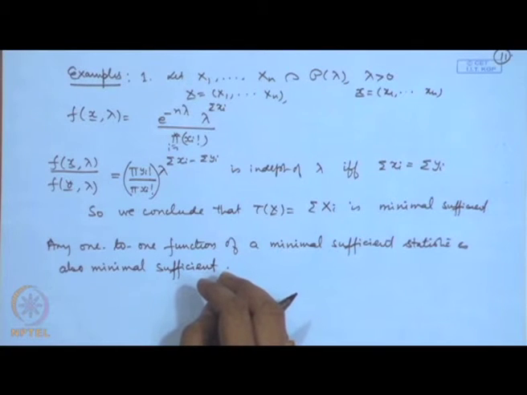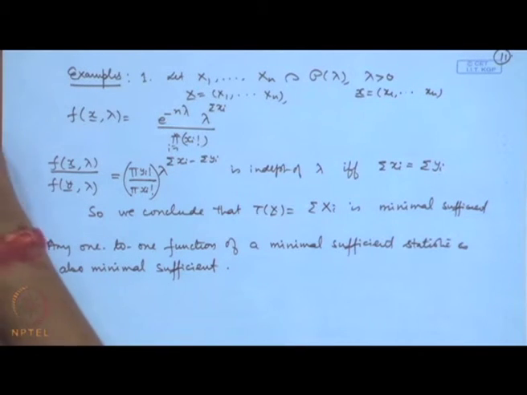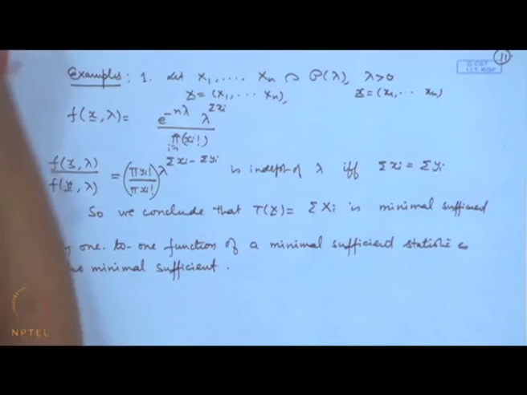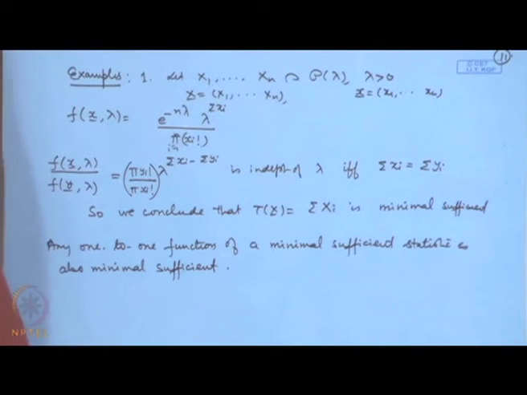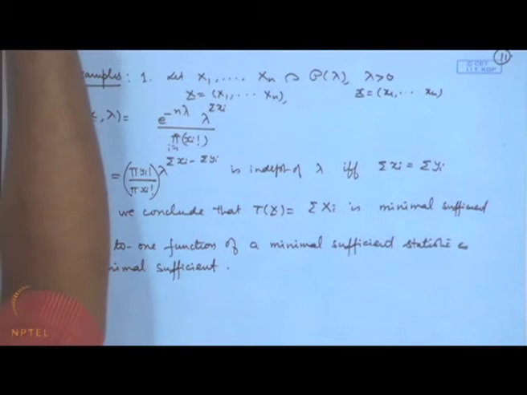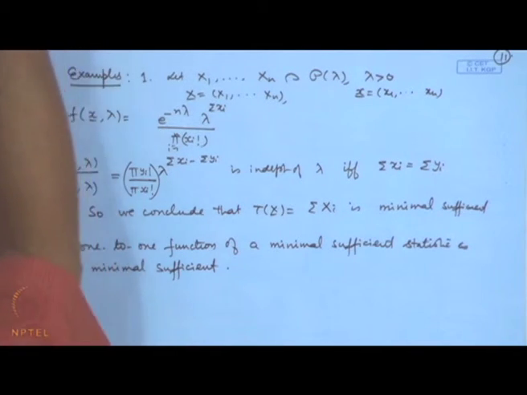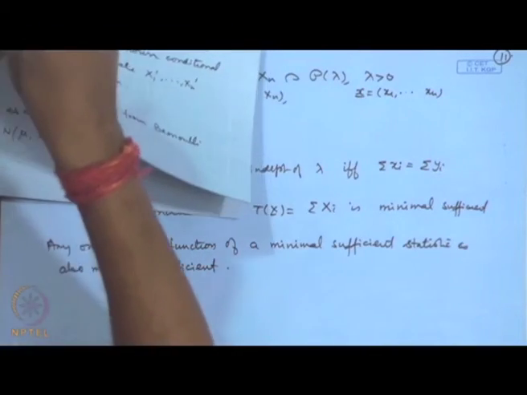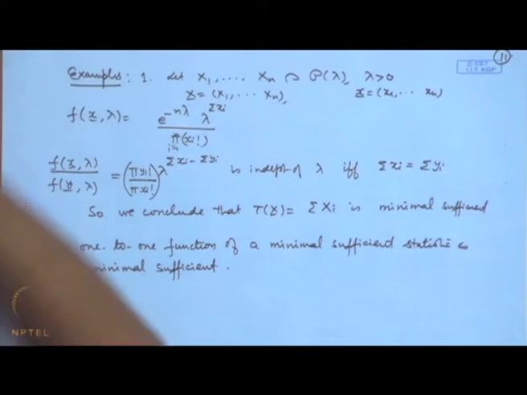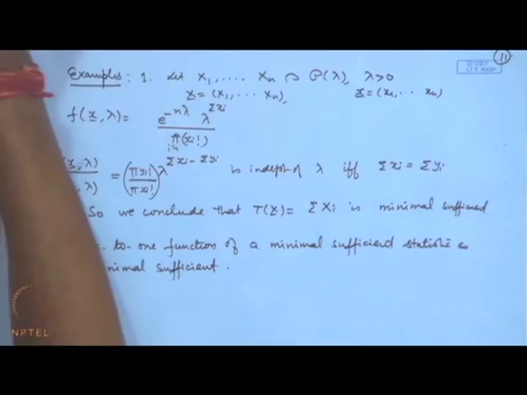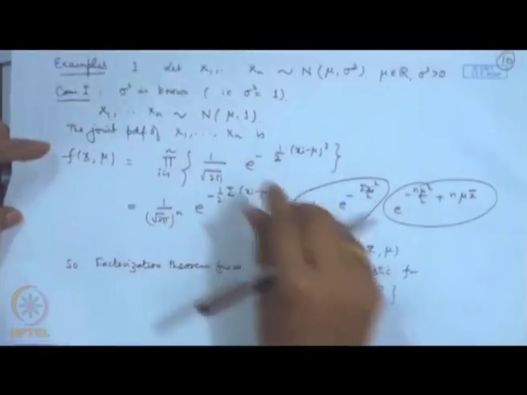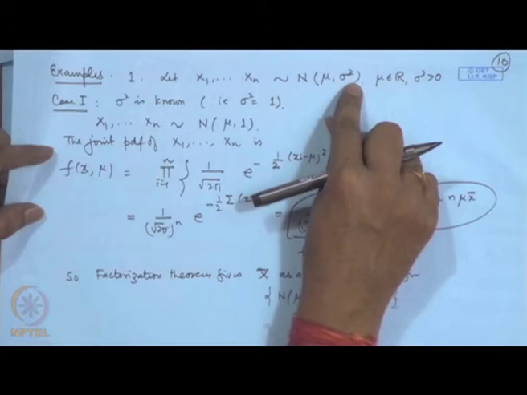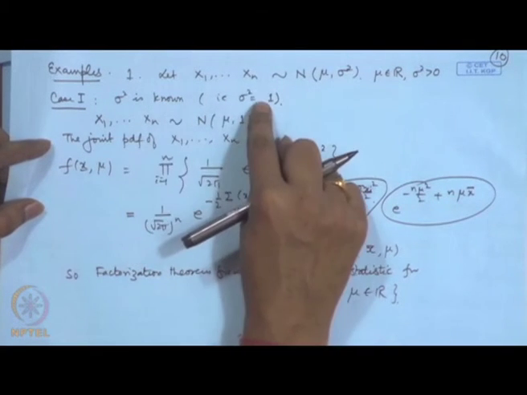Let me just take up the cases of the sufficient statistics that we worked out in the previous classes. We had seen binomial distribution, normal distribution, exponential distribution, etc. Let us look at each of those cases and see what were the sufficient statistics. Consider this case. X1, X2, ..., Xn is a random sample from normal(mu, sigma square) and sigma square is known.